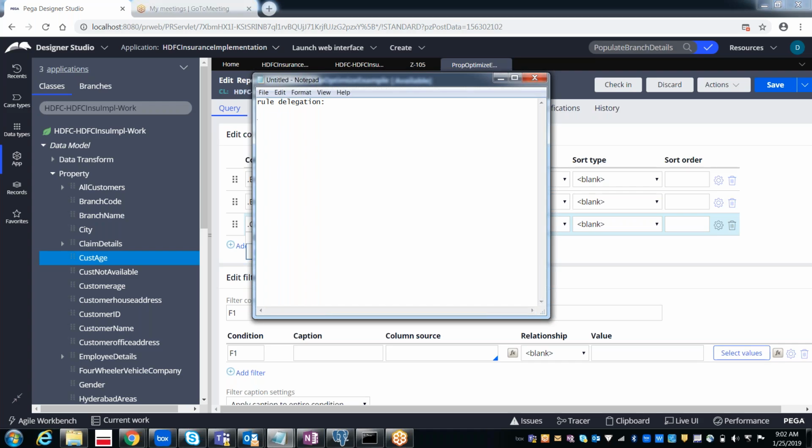So now HDFC wants to maintain a minimum balance of only 5,000, whereas in the previous year the minimum balance to be maintained was 10,000. Now it is only 5,000. That means the criteria for maintaining the minimum balance is getting changed. So once it is changed, how exactly can you update it?